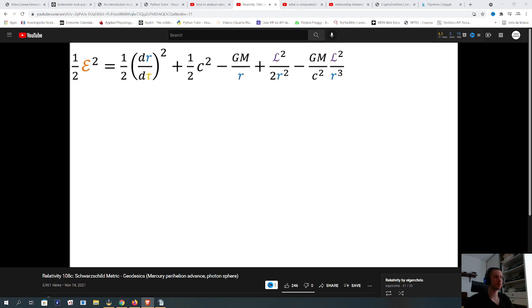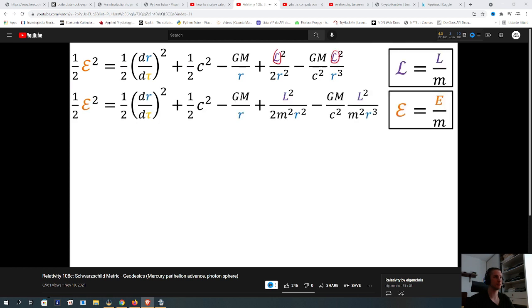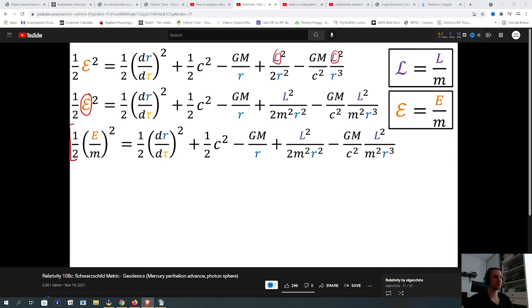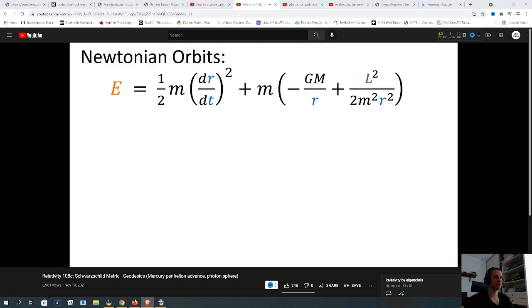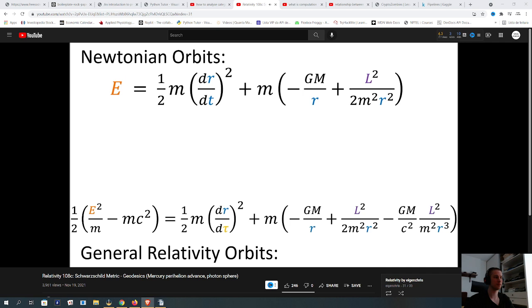With a little more algebra, we can make this look more like the equation describing Newtonian orbits. We can replace curly L with angular momentum over mass, and replace curly E with energy over mass, then multiply both sides of the equation by mass, then move this constant 1/2 mc squared to the other side of the equation. If we now compare the equations for Newtonian orbits and orbits in general relativity, we see that both equations